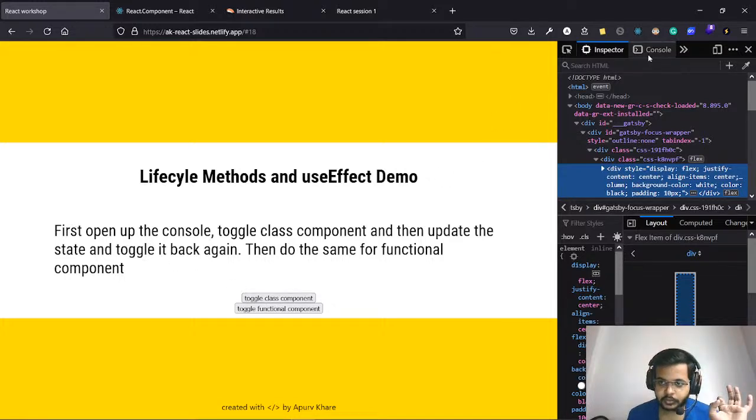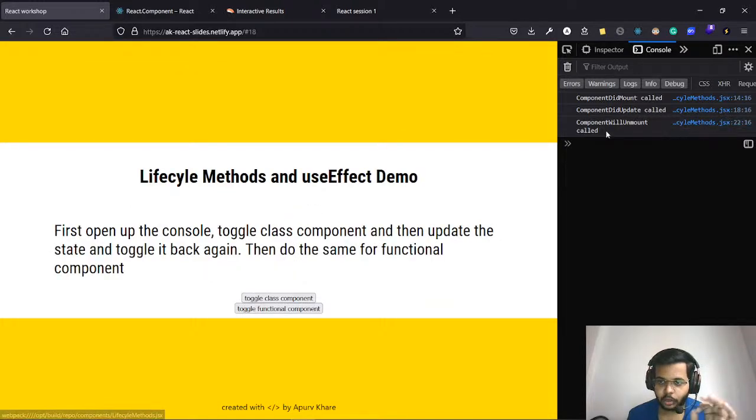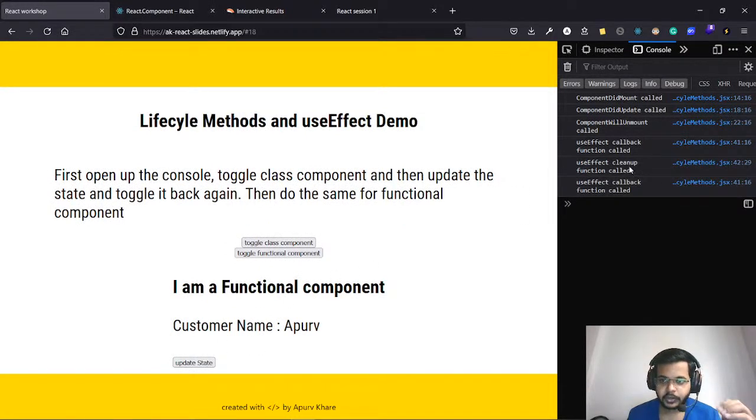Toggle class, go to console, toggle class component, you will see componentDidMount was called. Update state, componentDidUpdate was called. Toggle it again, componentWillUnmount was called. Okay, now toggle function component, you see useEffect callback called. Update, useEffect cleanup was called, and then the